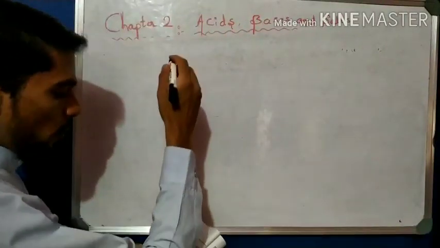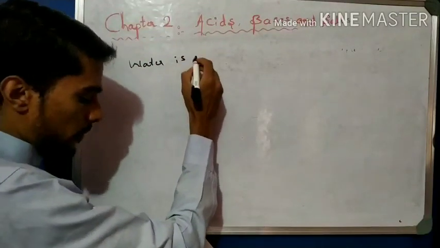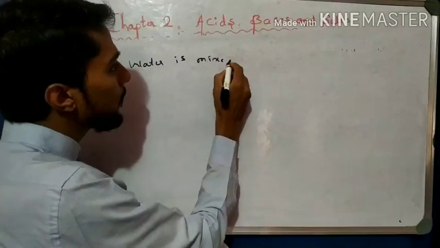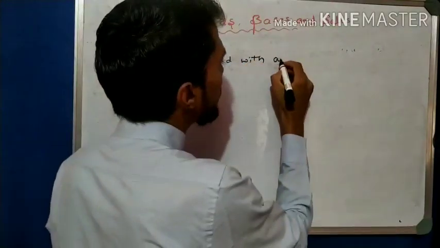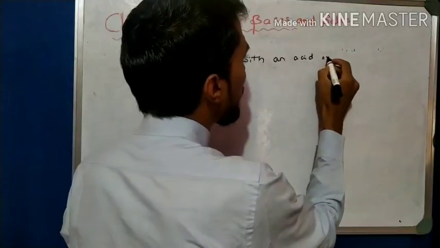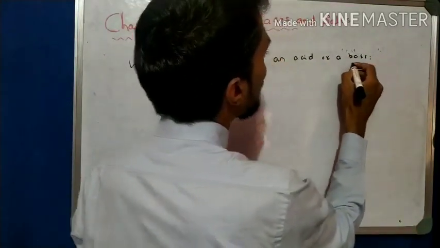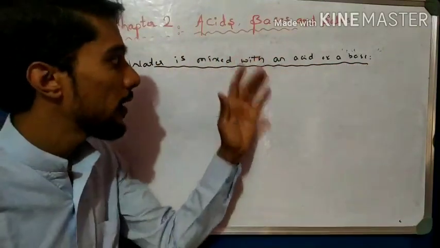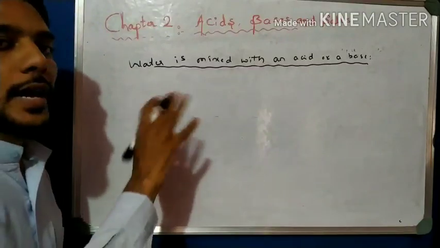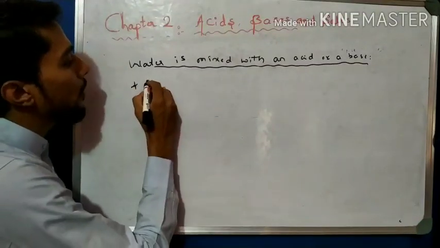Water is mixed with an acid or a base. So what is the method to mix water and acid or base with each other? How to mix acid with water, or acid with base? So one method, the first method, you remember that the mixing of